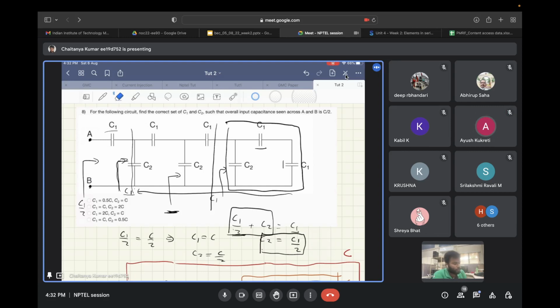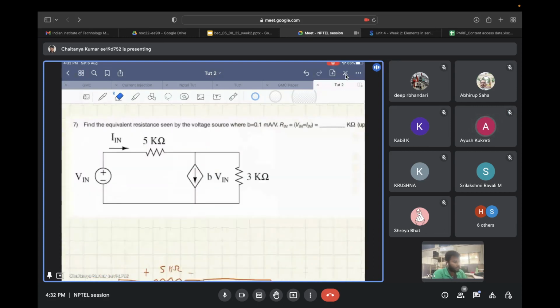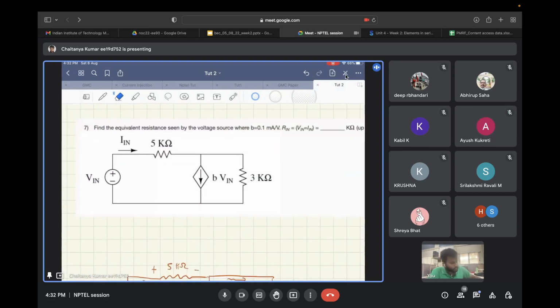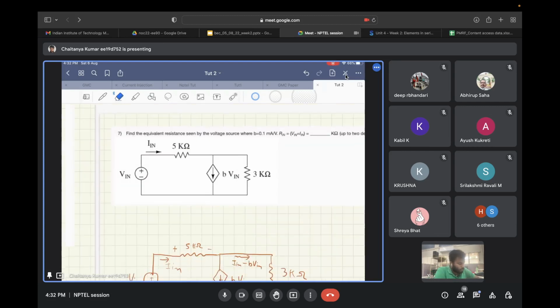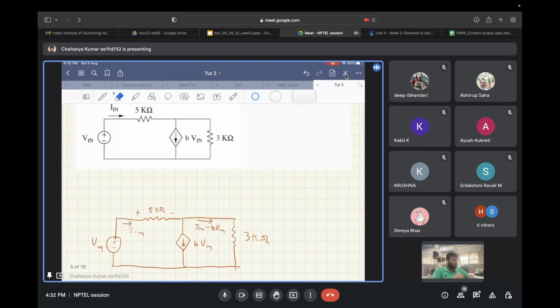Okay. Now question number 7 again. What we need to do is, in any kind of question where we need to find the current and voltages, we must solely rely on KCL and KVL. Okay. So first of all,